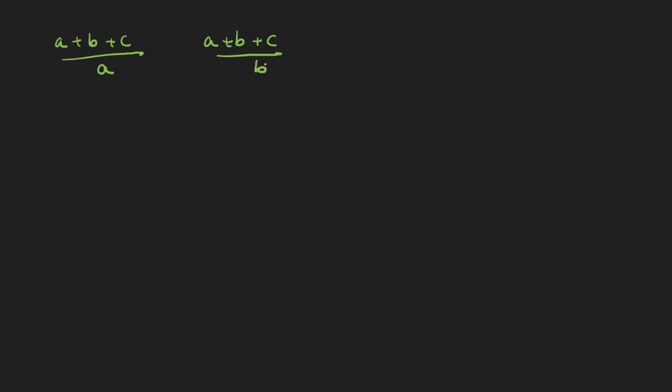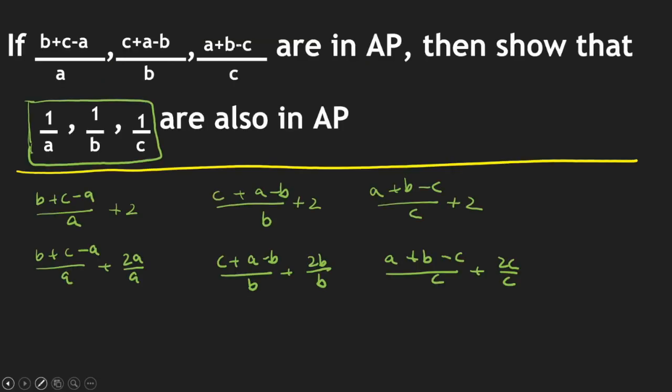What I'm going to get is a plus b plus c upon a. Then I'm going to get a plus b plus c upon b. And then I'll be getting a plus b plus c upon c. So now if you notice, our numerator is the same, right? A plus b plus c, a plus b plus c, a plus b plus c. So we added a constant, right? Let me put this in yellow. We added a constant,